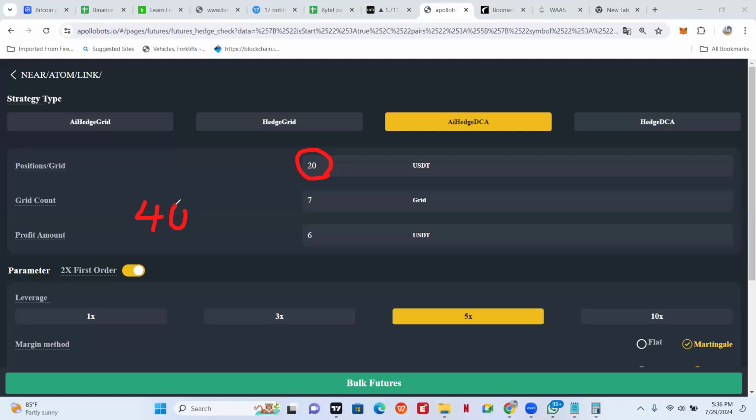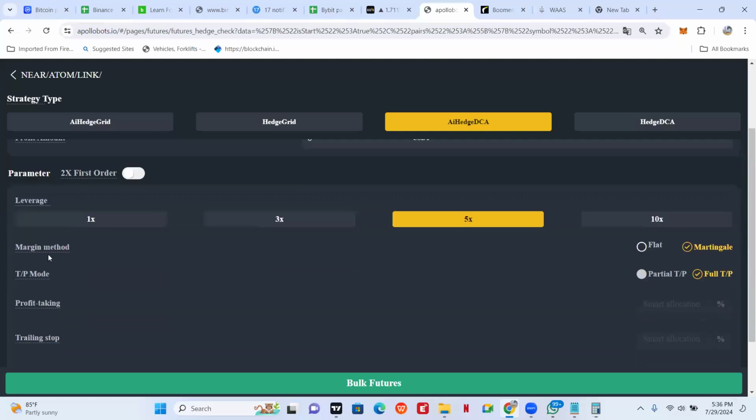And mind you, you're playing with your capital. So you have to manage your capital because you have a very long way to go on the trade. You have 7 more orders to go on the long and on the short. Okay, so you don't need this button. I want to be clear here because a lot of people ignore this button. So turn it off. So I'm going to turn it off so it will revert. So you turn it off this way, all right? Once you turn it off,